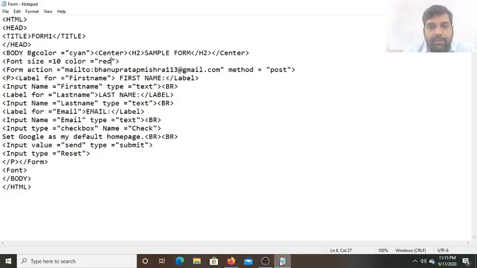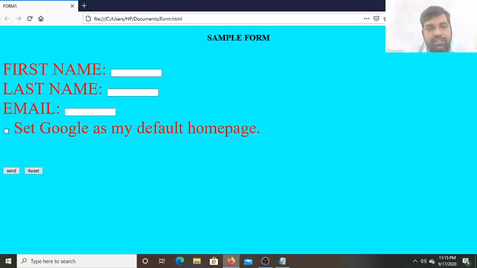Again let me open the notepad here. If you want to make further changes, as you can see here in these text boxes, the first name text box and the last name text box, the alignment is not the same. Two are to the left, and this is the third text box. If you want to shift it to the right, we go to the notepad and there we give the space, that is the NBSP space.